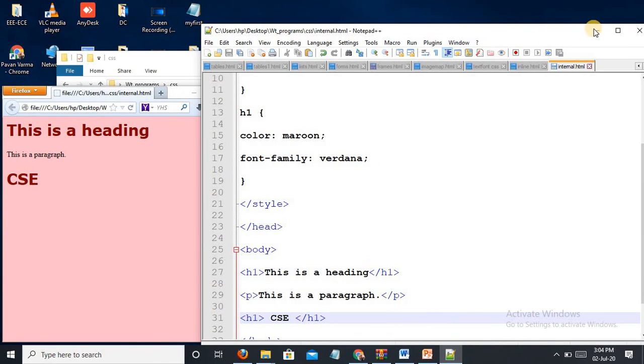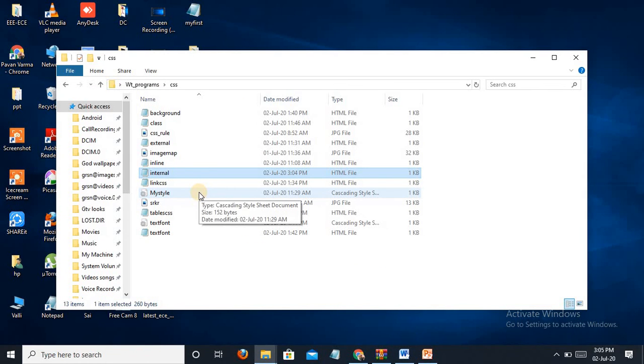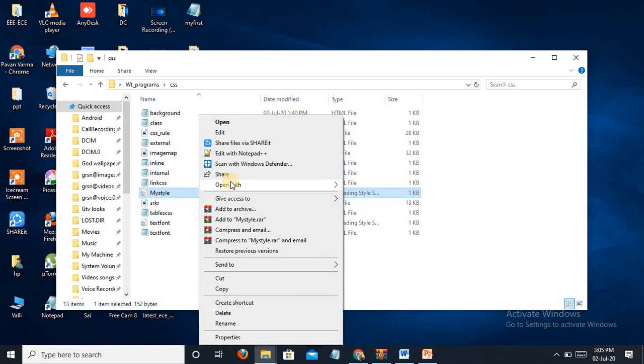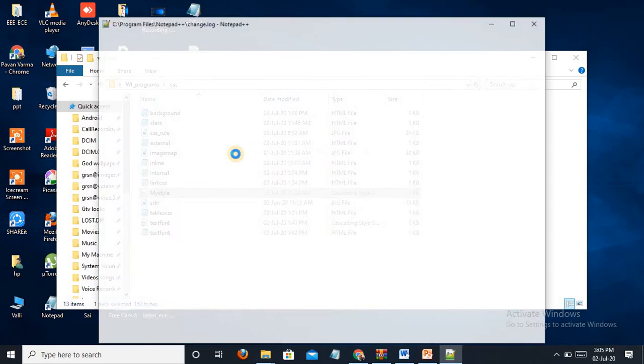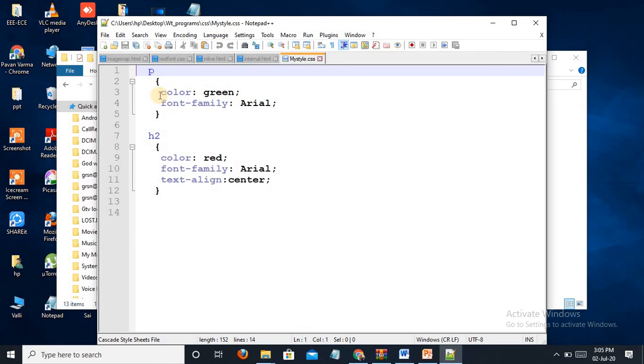Next, coming to external CSS. As I already told, for external CSS we must write a CSS file. This is the .css file. I have written mystyle.css. In mystyle.css, I have given for p color green, font family Arial, and for H2 colors.